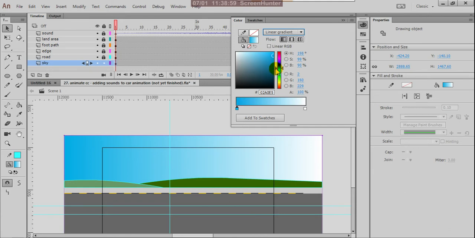Suppose this is a bit of evening time, and here I'm using some purple, because at evening time colors can behave differently.